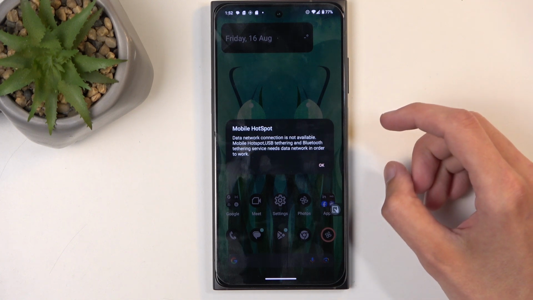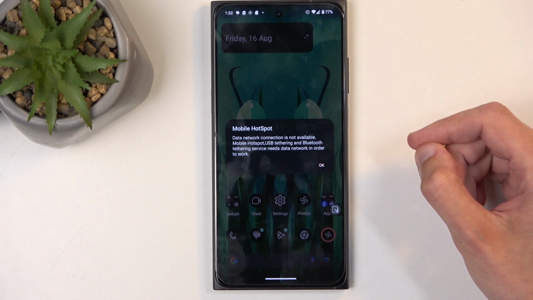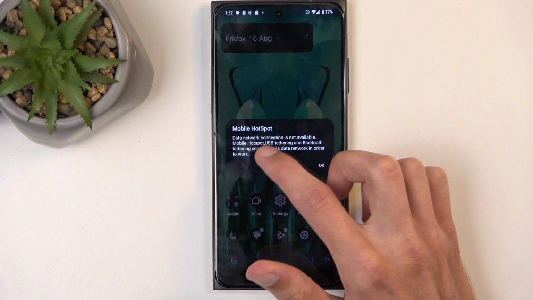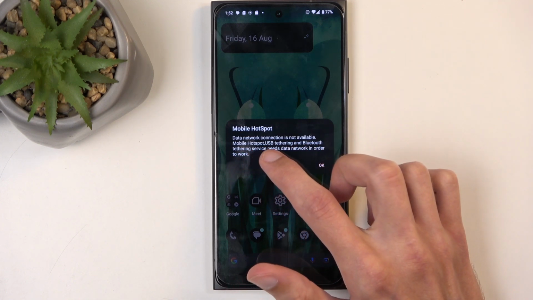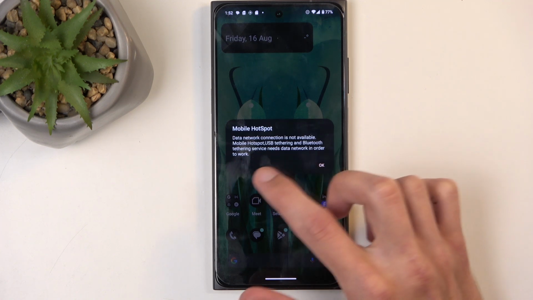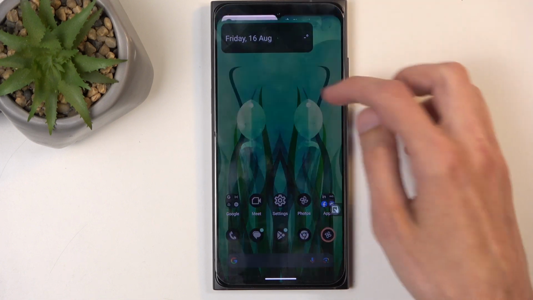No, never mind. So because my SIM card doesn't actually have, I guess, any kind of mobile network available, it won't enable. By default, it should, right? Data network connection is not available. Mobile hotspot, USB tethering, and Bluetooth tethering services need data network in order to work. Yeah, so this phone is not getting any of that right now, unless